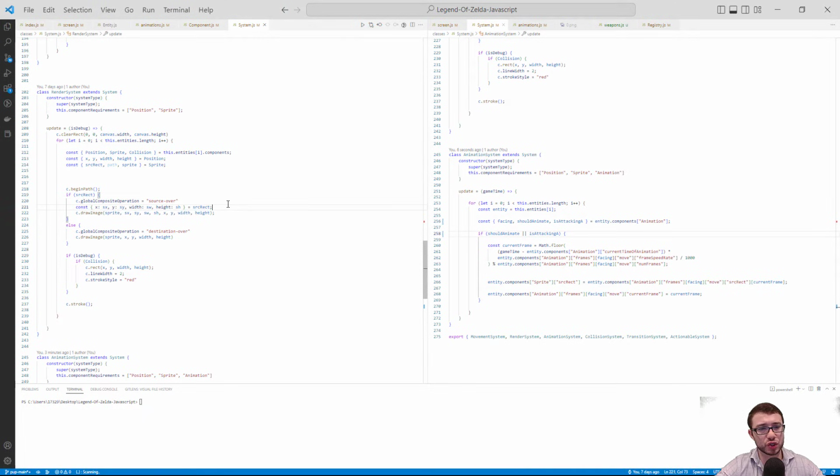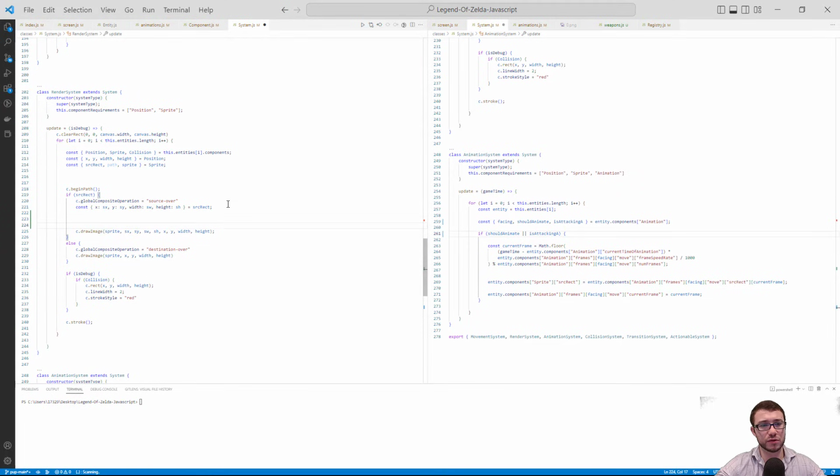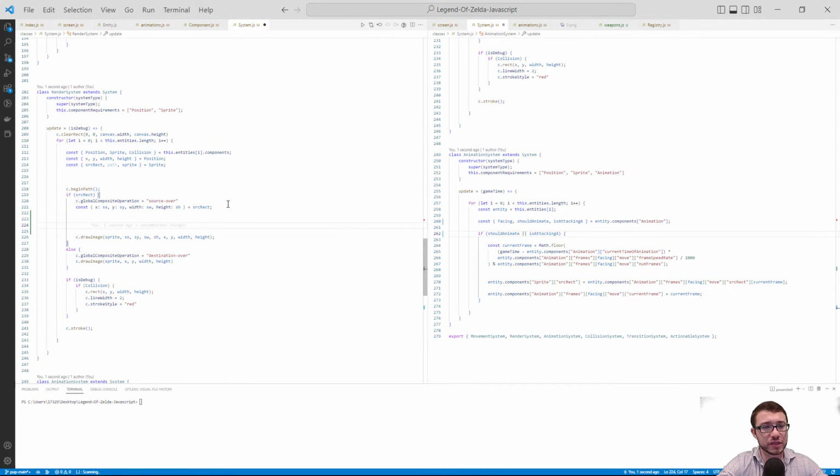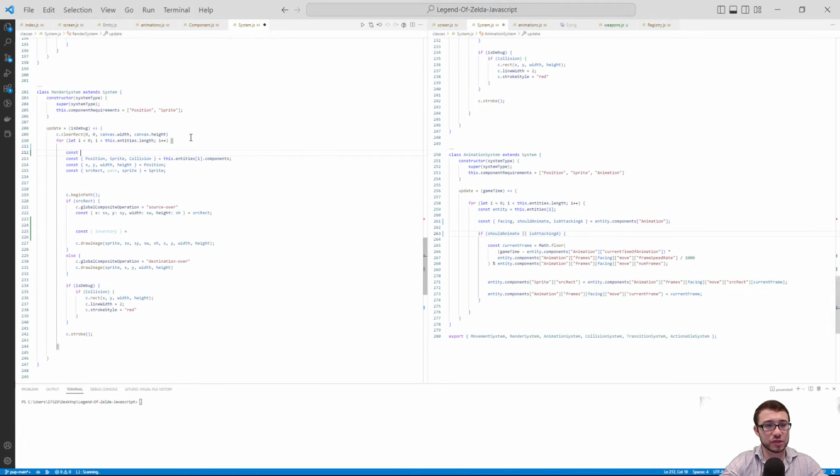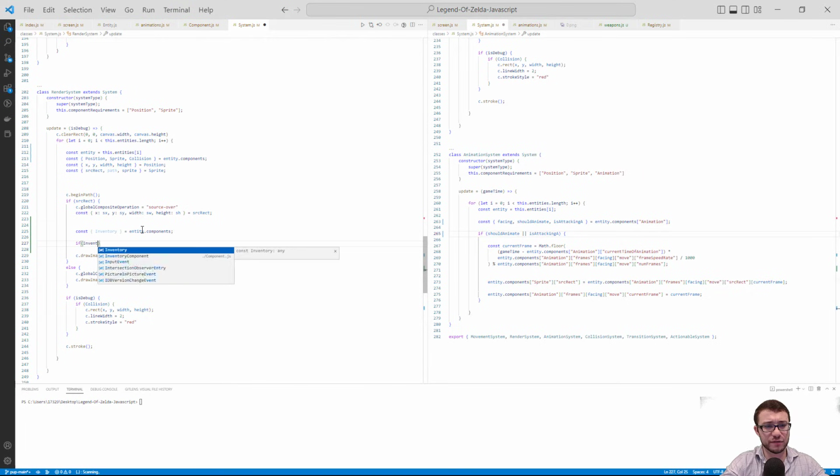And we're going to first determine if the sword is being swung and if this is the proper entity to even concern itself with attacking. So the first thing we want to do is see if there is an inventory component, because the only entity that will have an inventory component is Link. Let me just const entity, this entity's I, and I'm going to remove that entity components. So if inventory,